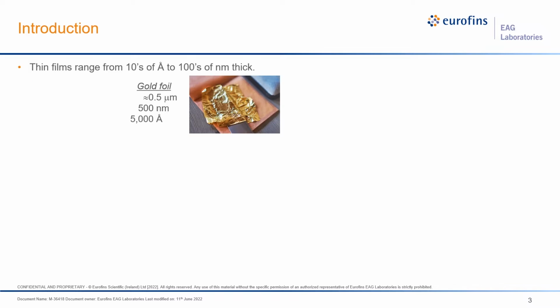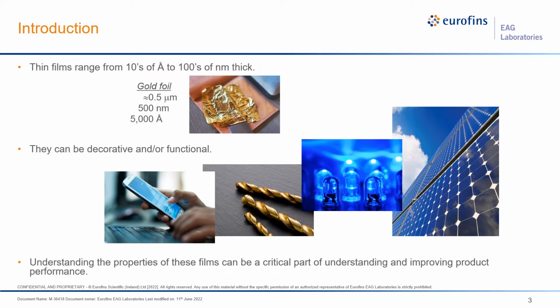For the purposes of this presentation, we will define a thin film as a layer of atoms or molecules ranging anywhere from tens of angstroms to hundreds of nanometers thick. As a point of reference, gold foil can be roughly a half micron thick, which is equivalent to 500 nanometers